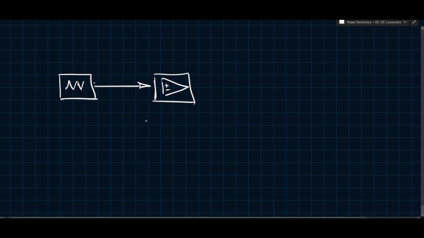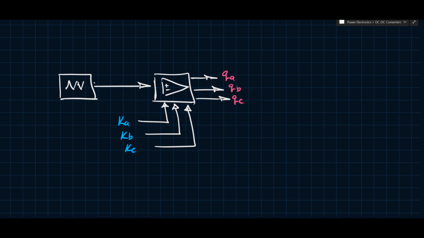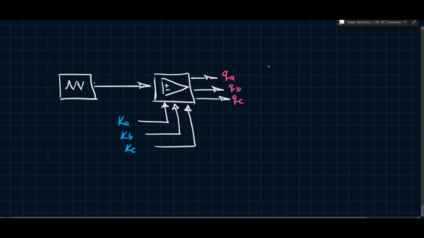And so what are you comparing? You're comparing basically 3 signals, right? We'll call them K because that's what we did: KA, KB, and KC. And then your output would be essentially 3 switching pulses. In reality, you'd have 6, but because you have the complementary behavior, you would have, in this case, QA, QB, and QC. These are your switching pulses, QA, QB, QC. And then these would go to your converter, right? So QA would go to,